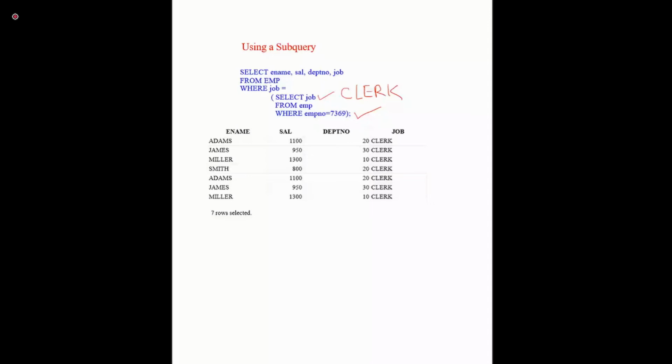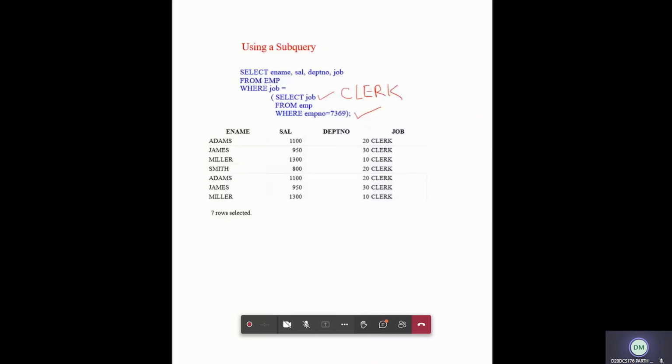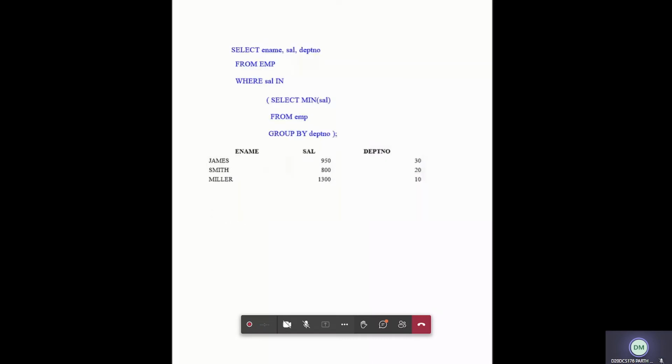No doubt. We can move to the next slide now. Next scenario about the subquery. So let's move towards the next scenario. Now this subquery is related to the next